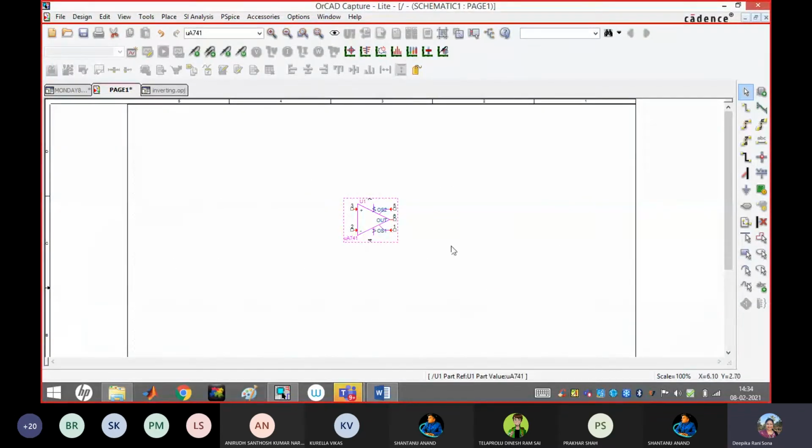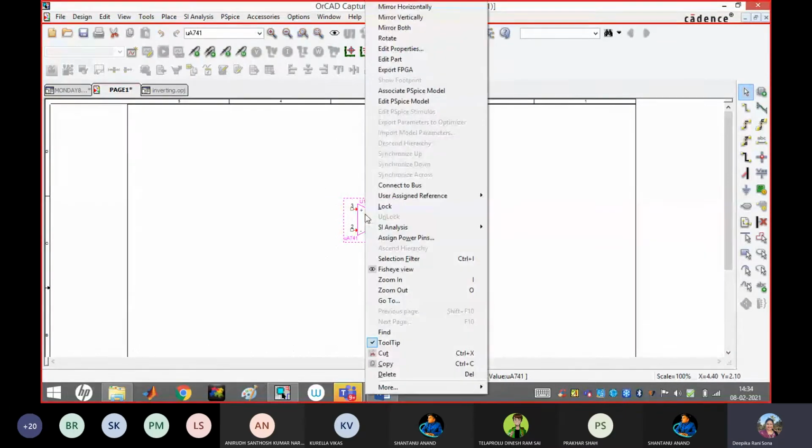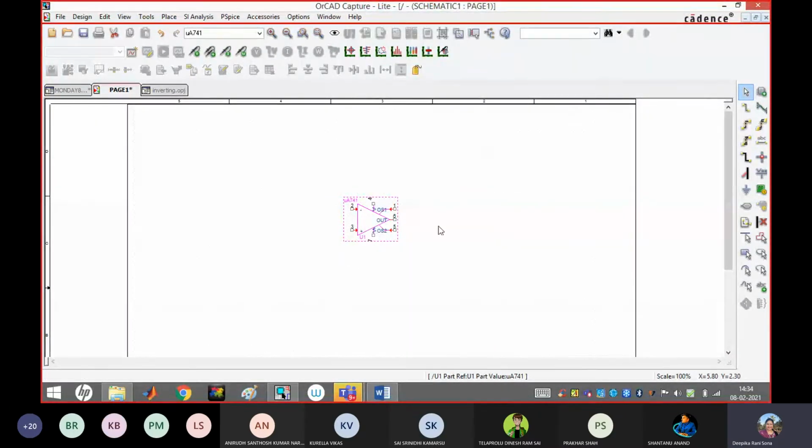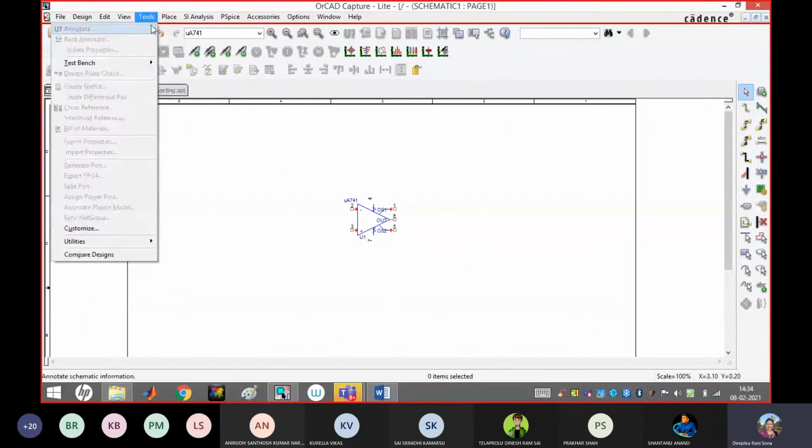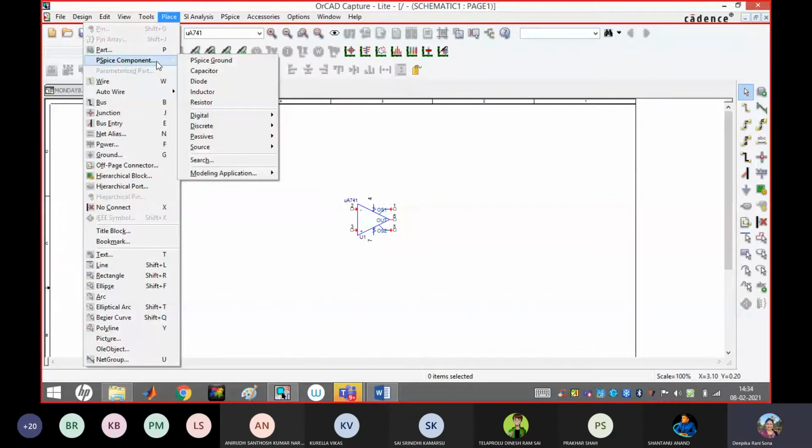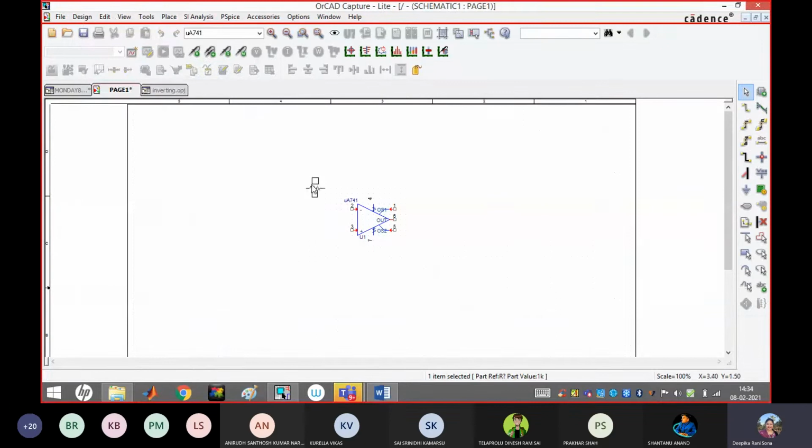Here, if you see, the plus is up and the minus is down. What we have to do? First we have to rotate it, mirror vertically. So the negative will be up, meaning pins 2 and 3. The sequence will be like this: 2, 3, and at the top 4 is there, bottom 7 is there. Okay. Then again go to place and search for the resistor components. Bring two resistors, one keep at the pin 2 side and one at the feedback side. Okay, exactly like this you move. That's all.